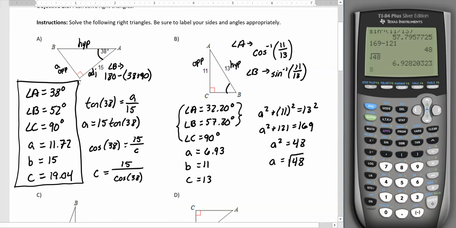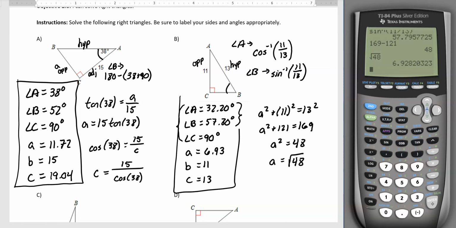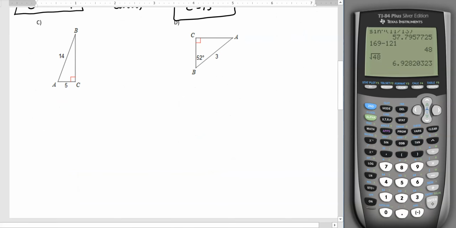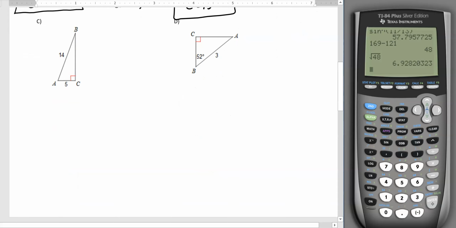There you go. Notice a cool relation. The smallest angle will correspond to the smallest side, and so on and so forth. The largest angle, the 90 degrees, corresponds, of course, to the hypotenuse, which will always be the longest side. So there are our measurements for triangle ABC. Let's do a couple more of these. If you want to pause the video and try them on your own to see how you do, you're more than welcome to. But if you want to just continue on with me,